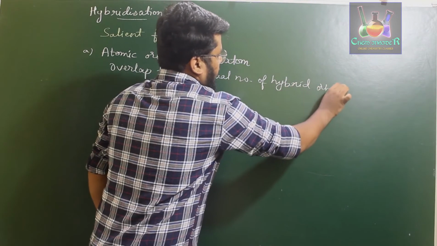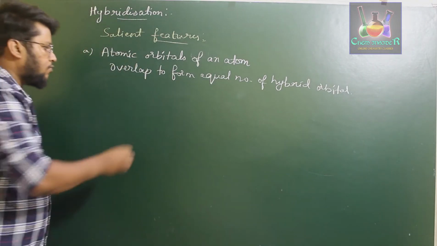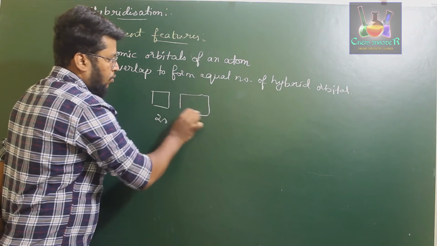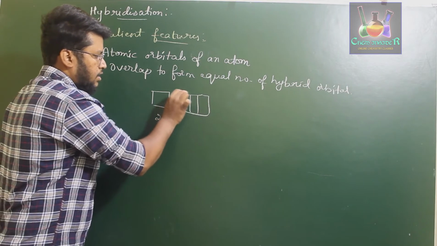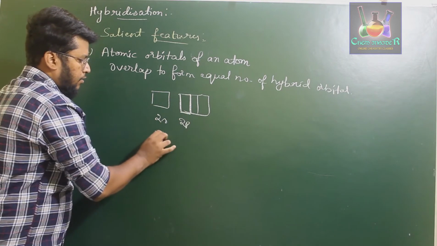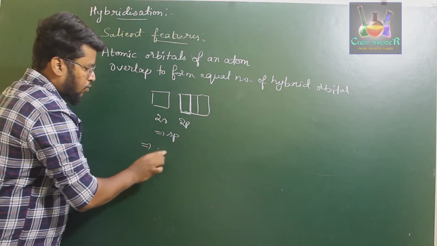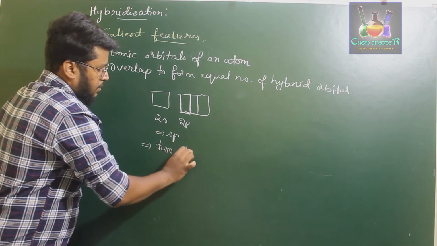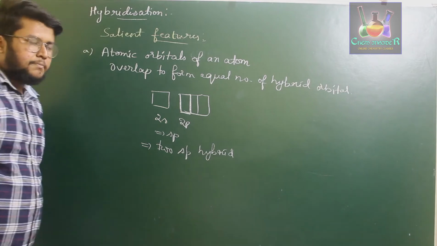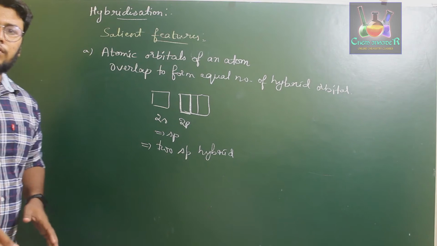That is, if you consider one 2s orbital and one 2p orbital, these two get combined to form sp hybridization, and they will form two sp hybrid orbitals. The first point is that the number of hybrid orbitals formed will be equal to the number of